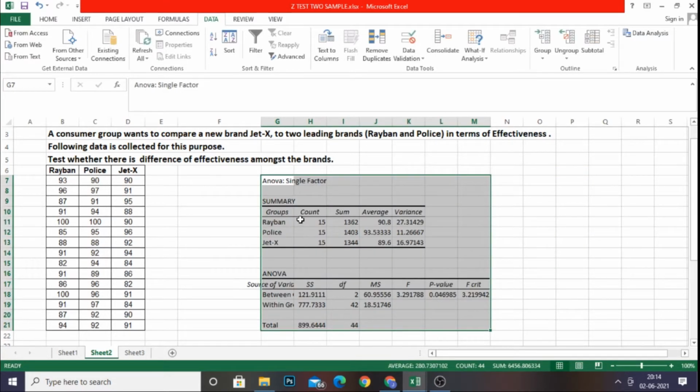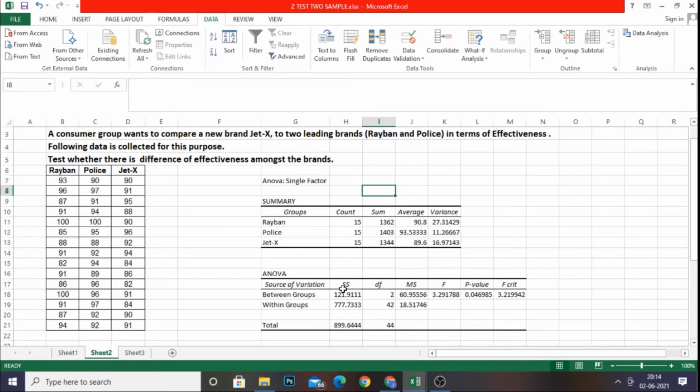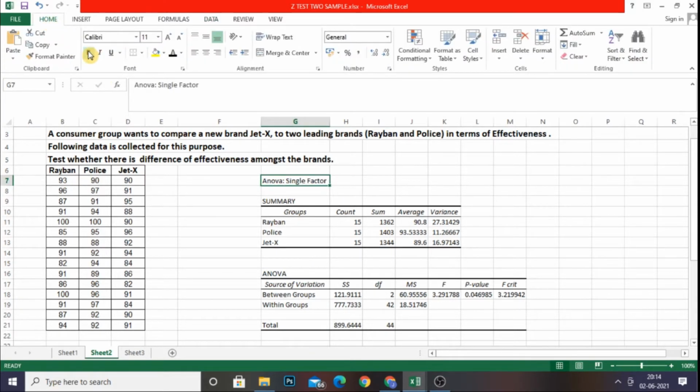That's it. I got the result. So I have two tables: ANOVA Single Factor, the summary as well as the ANOVA. In the summary, for the three brands, we have the count, the sum, the average, and the variance.